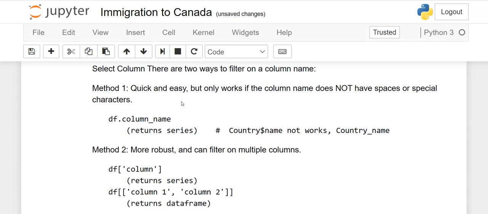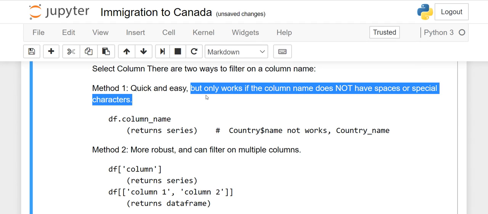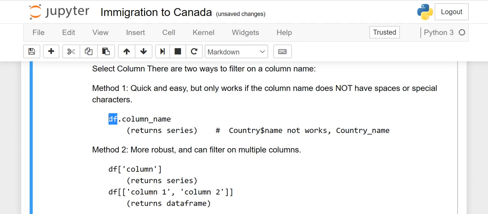The first method is quick and easy, but this is one of the most important lines. It works if the column name does not have spaces or special characters. Take the example of country. Country is one word, there are no spaces. So you can write your data frame name dot column name and it will give you the output in the form of a series. What is a series? I will show you when I run.